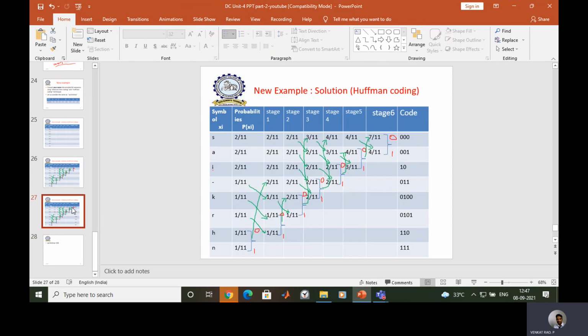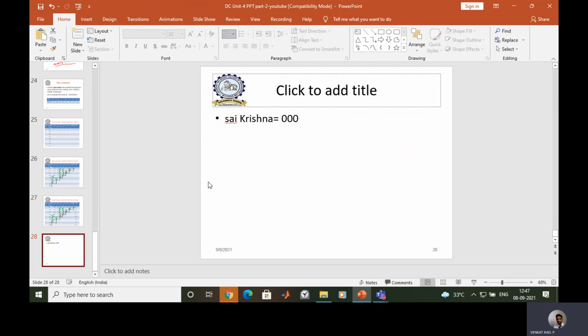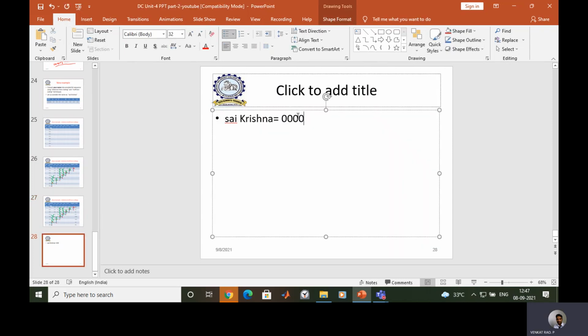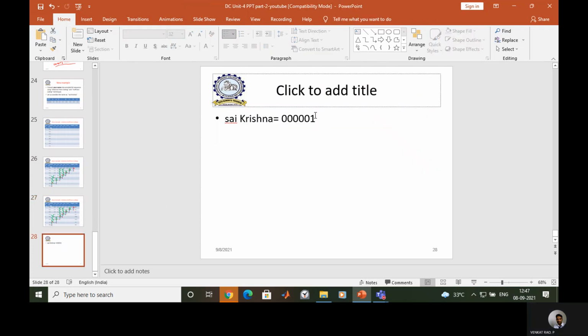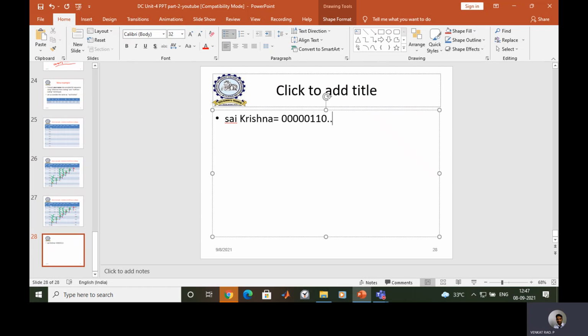Next, A. What is the code for A? 0, 0, 1. Next, I. What is the code for I? 1, 0, and so on. According to the occurrence of each symbol in your name, you can finally get the code for a particular message